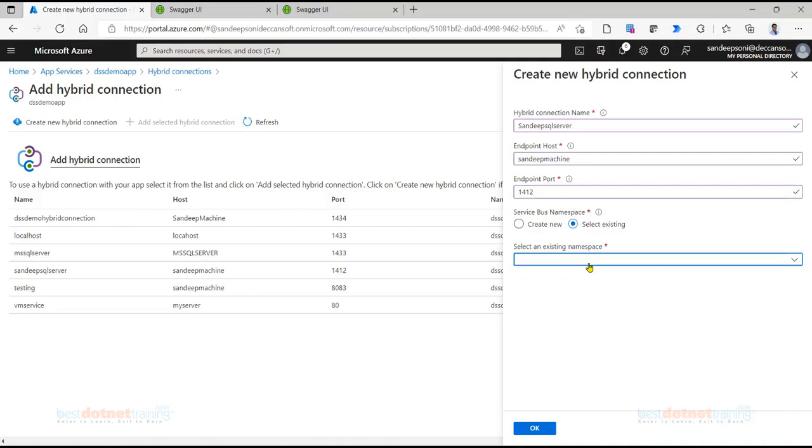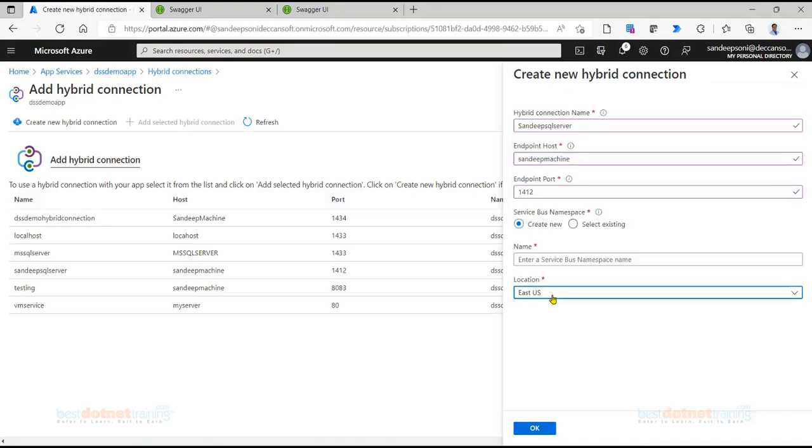You might either use an existing one if it is there. If it is not there, you should create a new one. Ideally, this should be in the same location where the app service is, so that the latency will be low. Don't give this in a different region. Preferably, the region of the service bus must be the same as the region of the app service.